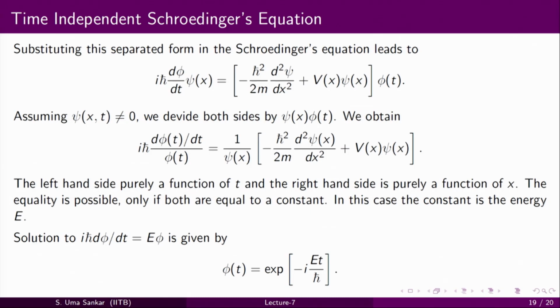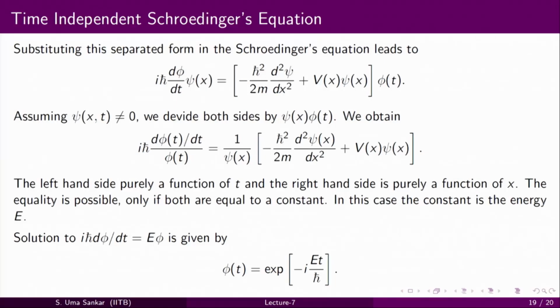Now, this is a total derivative because φ is a function of time only, multiplied by ψ, whereas on the right hand side you have minus ħ² by 2m d²ψ/dx², again total derivatives because ψ now depends only on x, plus V(x) ψ(x) multiplied by φ(t), and we divide this whole equation by ψ(x,t),